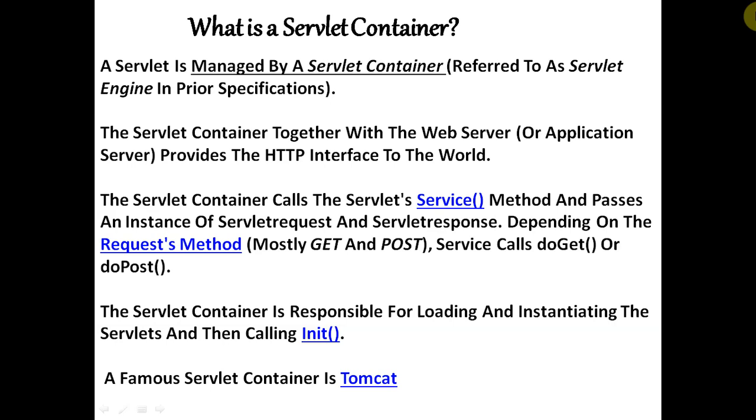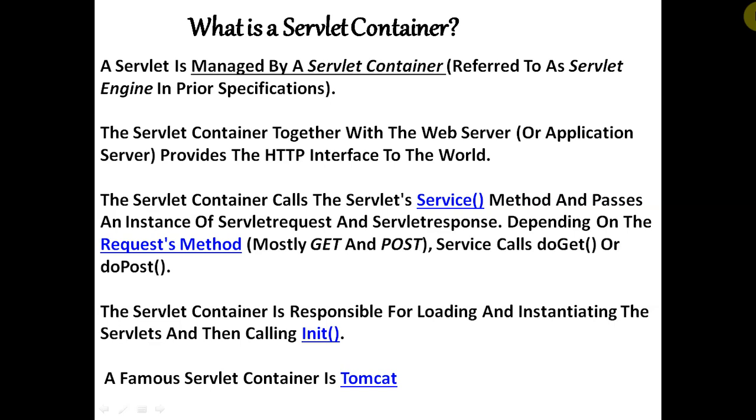And depending on the request method, mostly GET and POST, service calls the doGet and doPost functions accordingly. In case of GET we have the doGet function, and in case of POST we have the doPost function. The servlet container is responsible for loading and instantiating the servlet and then calling init.